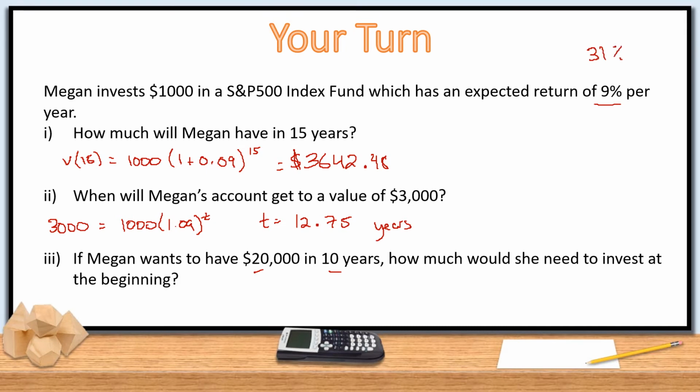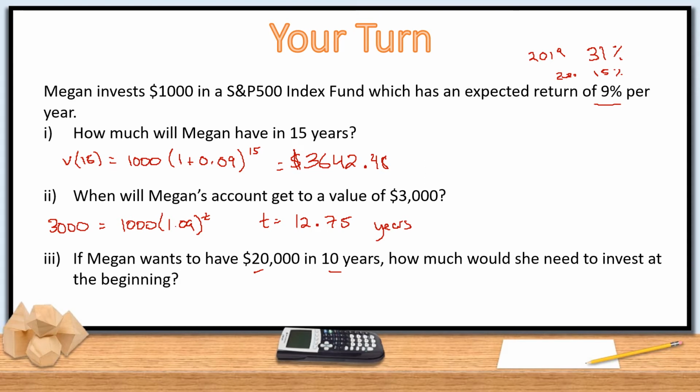This past, so that was actually 2019. 2020 was, I think, 15% or maybe 20%. So it was higher than average. So 9 is the average. It can be better, it can be worse. Some years will be lower, some years will be higher, but over a longer period of time, it rounds out to about 9%. So now the question is, how much would she need to invest in the beginning that if